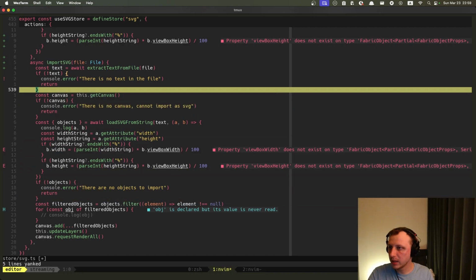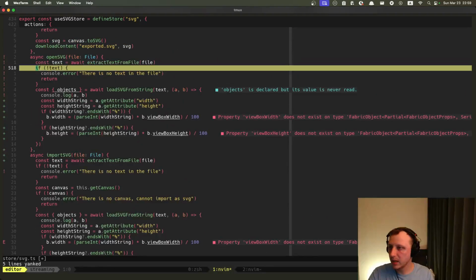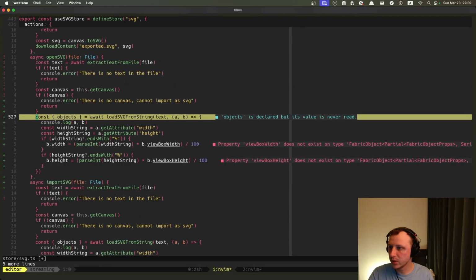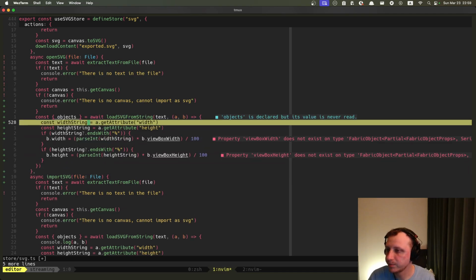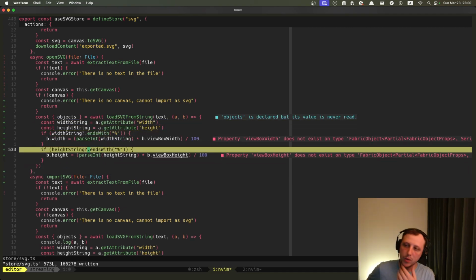So yeah, the canvas is important. So I feel like I haven't really removed that much code from the boilerplate. The extract text from file, actually it's not a big portion of it. But anyway, right now I'm going to extract all the objects, and